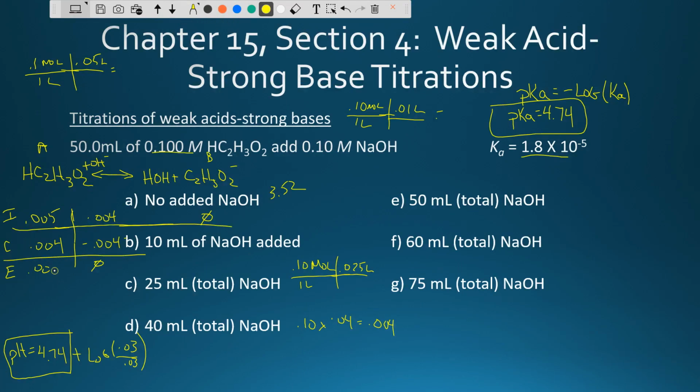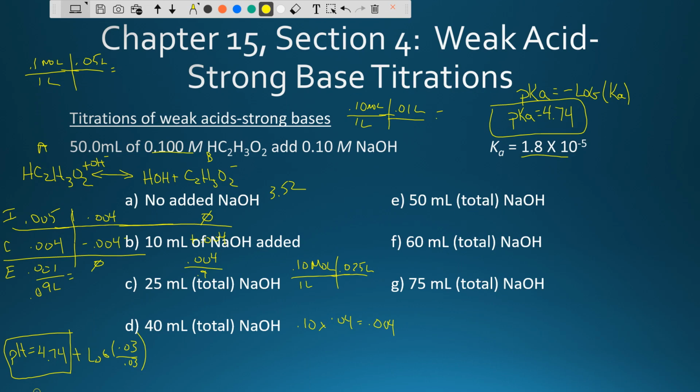Okay, so I'm going to be ending up with 0.001. Not very much of my acetate is left over. Then that adds to my 0.004 on this side, and so I have 0.004. Now remember, this step is the vital step. I have 50 plus 40 milliliters. That's 0.9 liter. So 0.001 times the